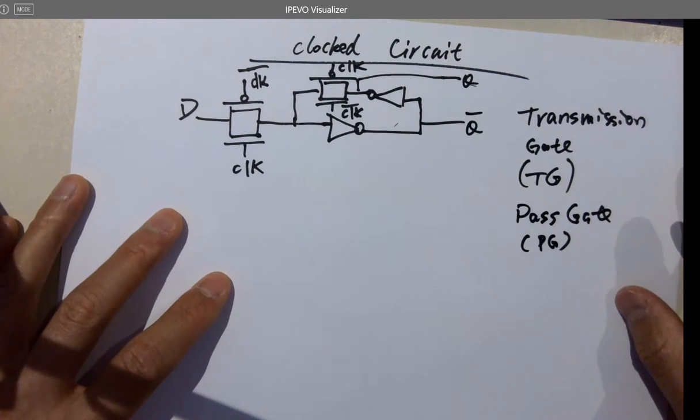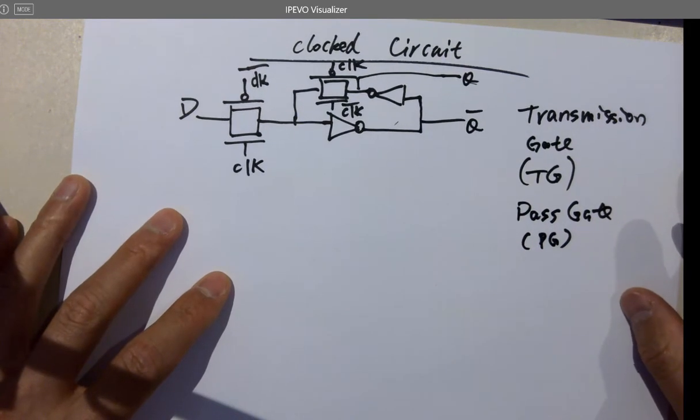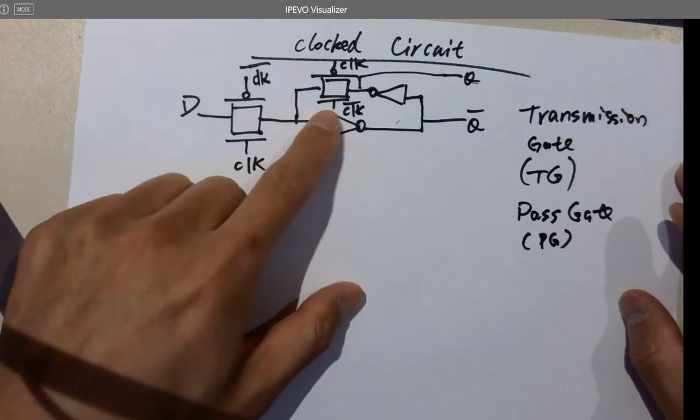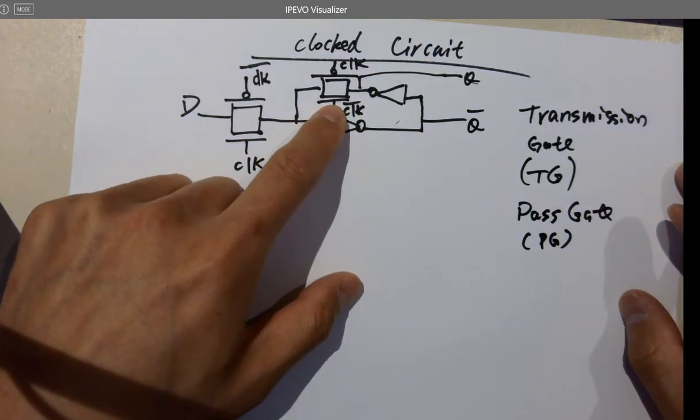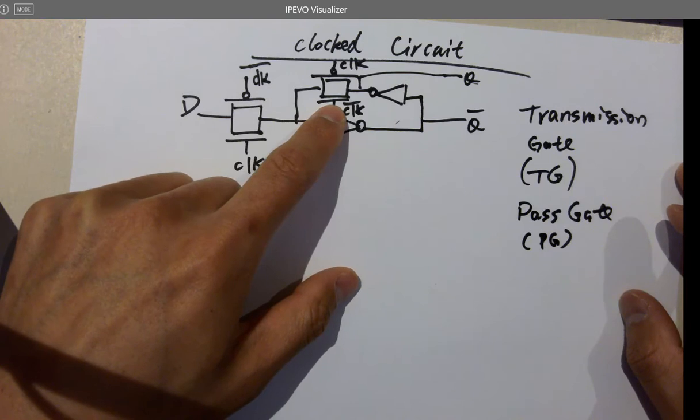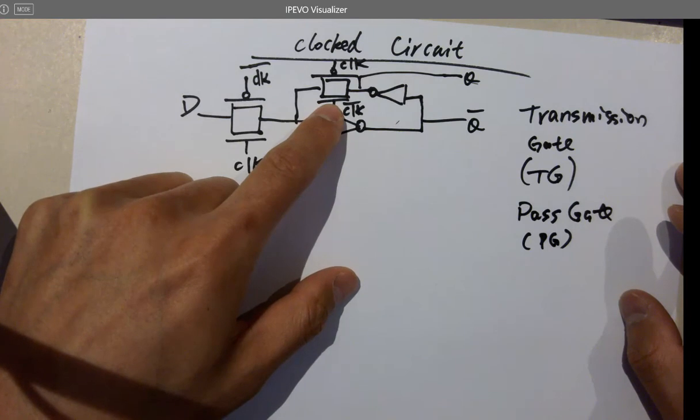Just one single NMOS or one single PMOS. That's a pass gate, which is not as good as a transmission gate, because a pass gate is either one NMOS or one PMOS. And we know the pros and cons of using only one NMOS or only one PMOS. NMOS is good at passing zeros,